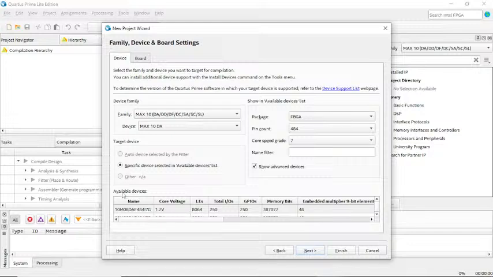In this, you can see the available devices. We have to choose the correct model name of the device. Each FPGA has a model name, so we have to choose that. Here you can see